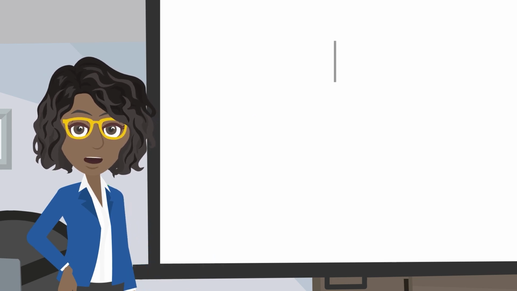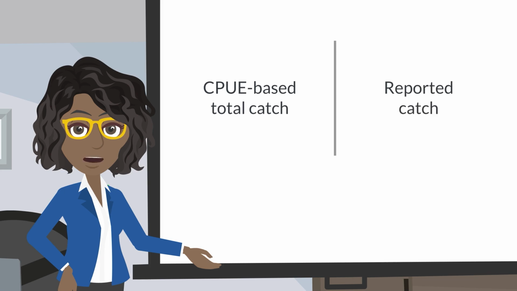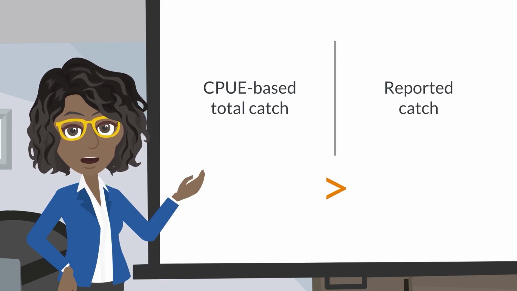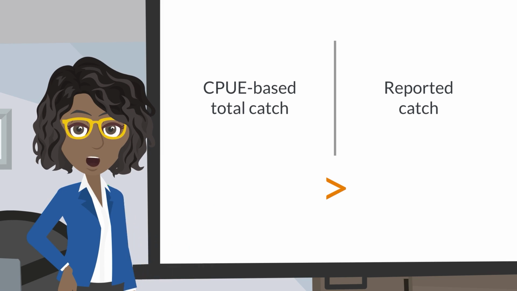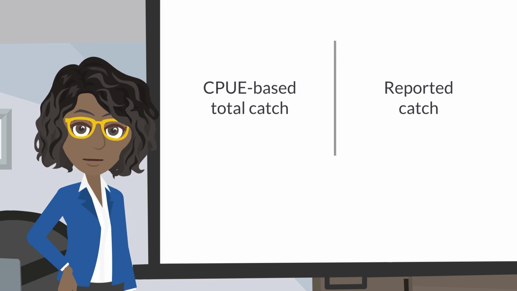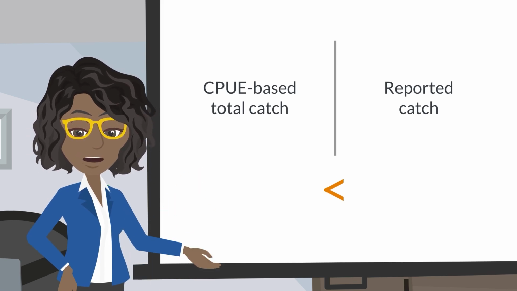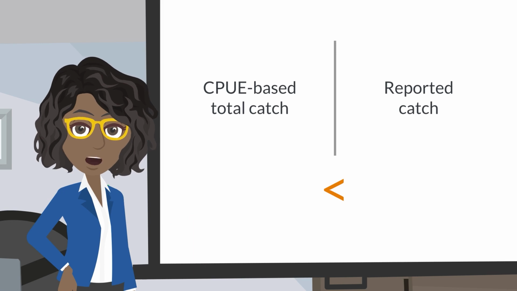I can then compare this CPUE-based total catch with the reported catch. If the CPUE-based total catch is higher than the reported catch, then I can identify the difference as the unreported catch taken inside the EEZ. If the reported catch is higher than the CPUE-based total catch, then this difference is assumed to be caught outside